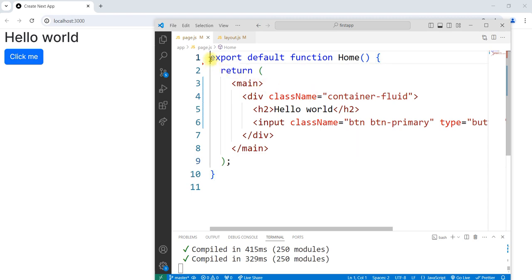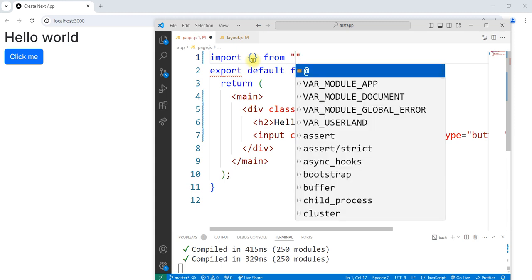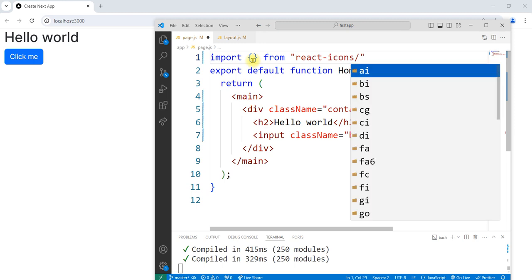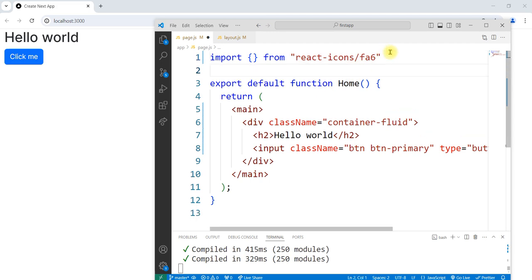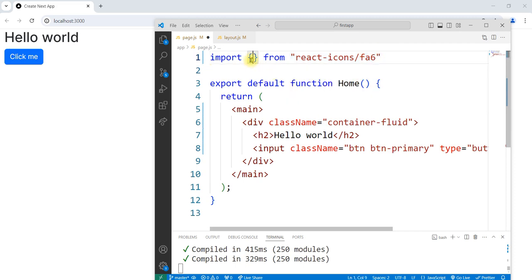Now let us also import one icon. We have installed a React icon. Let's import one and see if that is also working fine. So I will do import into a curly brace like this, and then we say from, then we'll say react-icons, and then I want to import the icons from FA6, right? So you can check the different icons. We have different icon packs that you can choose from. Now let me choose something like